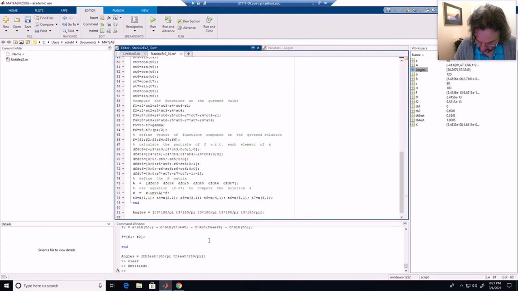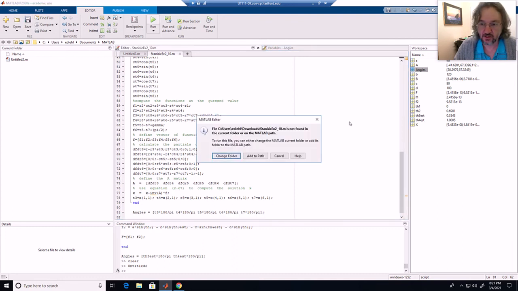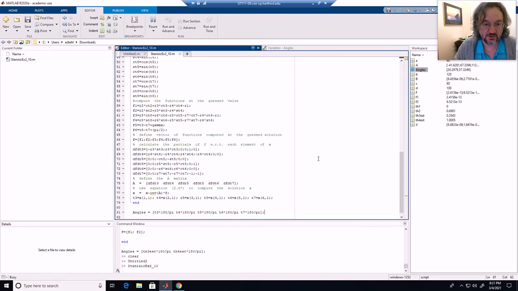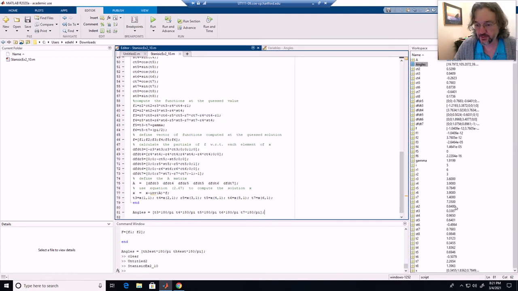Okay, so what I really need is T3, T4, T5, T6, and T7 to be able to compare them to what I have. Okay, so I just hit run, and I will change what folder is in there. And so now when I call up my angles,